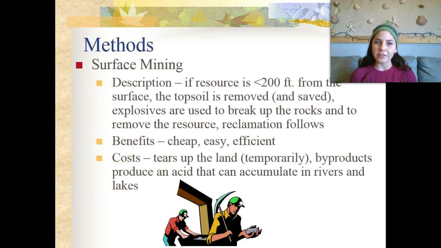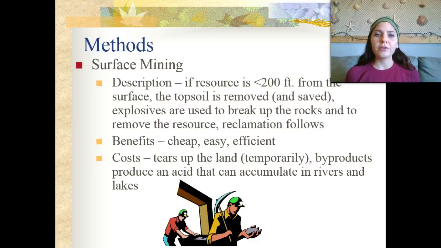So what are some of the methods that are employed? Well, for surface mining, if a resource is less than 200 feet from the surface, the topsoil is removed and actually saved. Explosives are typically used to break up the rocks and to remove the resource itself. And then reclamation follows. The benefits of surface mining are that it's cheap, it's easy, and it's efficient. Costs are that it tears up the land, which is only temporary. Byproducts that are produced can be acid, and it can accumulate into the rivers and lakes and start to pollute